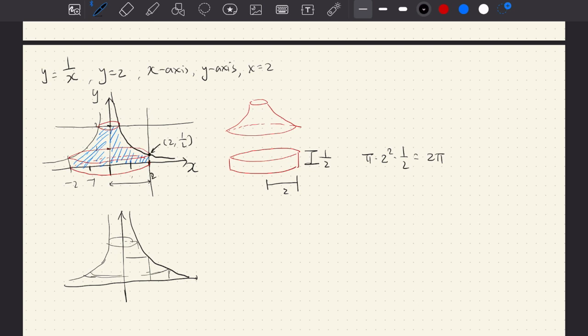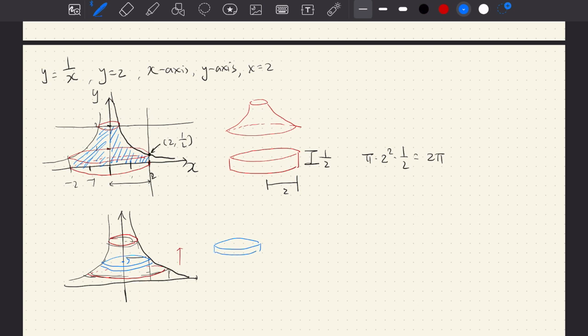Okay, so for this solid, we can cut it like this, where here you have a y coordinate of y. So basically we're trying to cut this solid into many layers of disks and then add these disks up so that we can find its volume. So for this very thin disk,